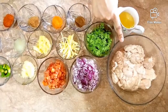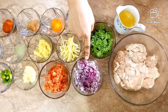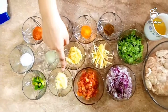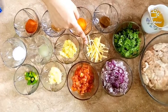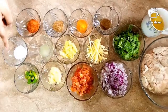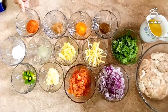Here are the ingredients you will need: cow's brain 2, oil 3/4 cup, green coriander 1 cup, onion 2 finely chopped, tomato 1 finely chopped, garlic a head crushed, ginger 1.5 inch piece crushed and in julienne cut, green chilies 4 cut into half, salt 1 teaspoon, lemon juice 1 teaspoon, chili powder 1